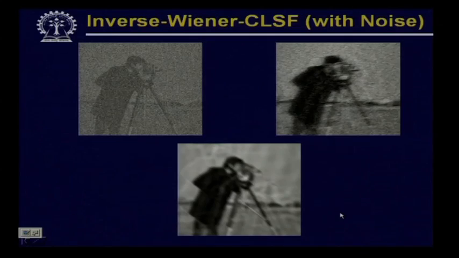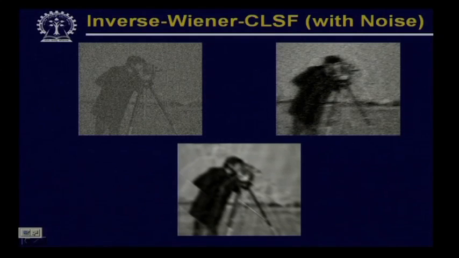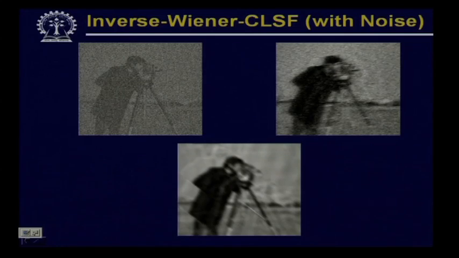The same for the motion degraded image. Here we have also considered some additive noise. So, again on the top row on the left, this is the image which is obtained by direct inverse filtering, and you find the prominence of noise in this particular case. The right one is the one which has been obtained by Wiener filtering. Here also you find that the amount of noise has been reduced, but still the image is noisy,